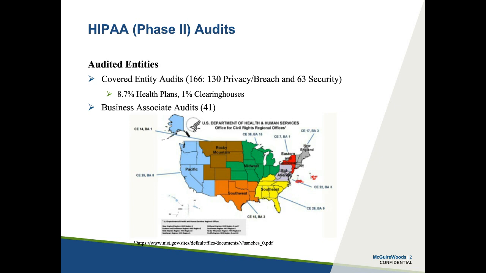Business associates that were audited were 41, and then again, the map here kind of shows the breakdown, which we pulled from the OCR preliminary audit results. And one thing that's a little bit notable on this map is the number of entities that were audited in the Midwest. I'm here in Chicago, Paul's on the East Coast, but we know that the Midwest historically has had a lot of breaches and a lot of complaints,